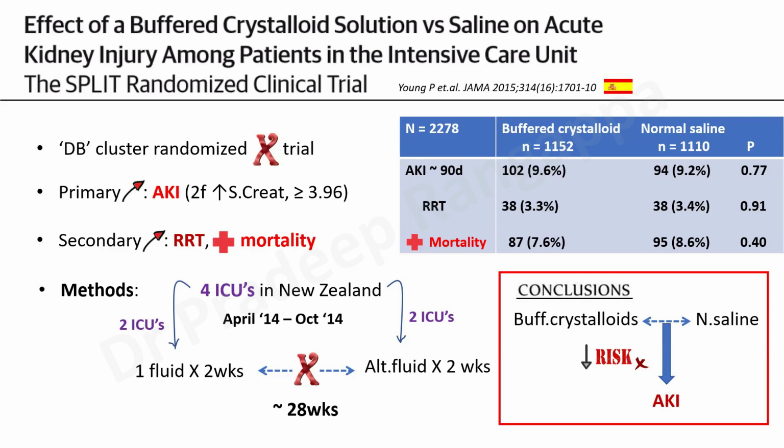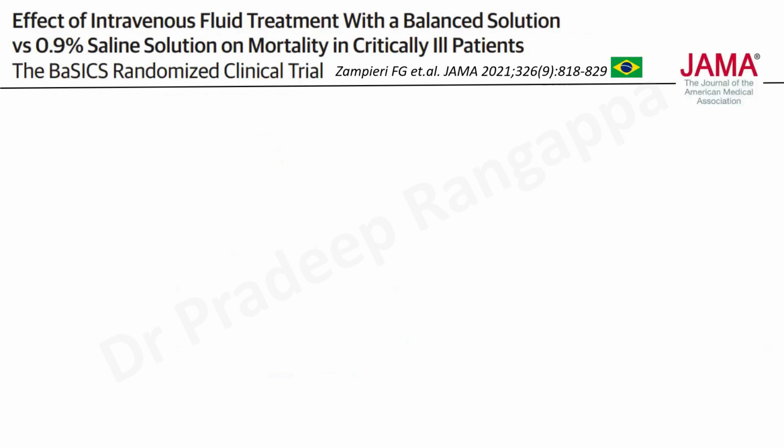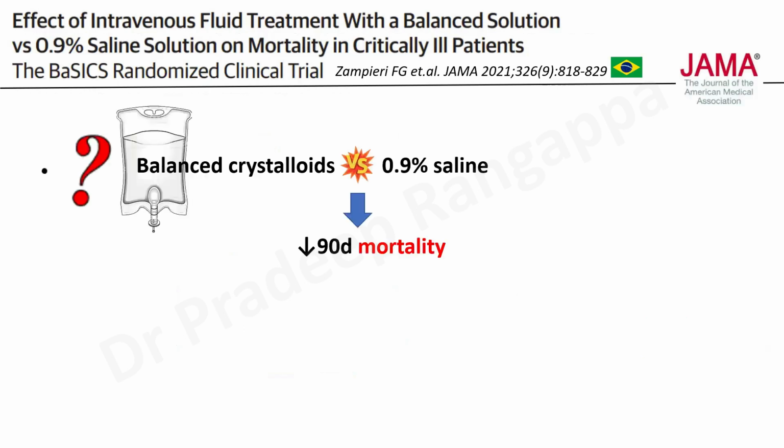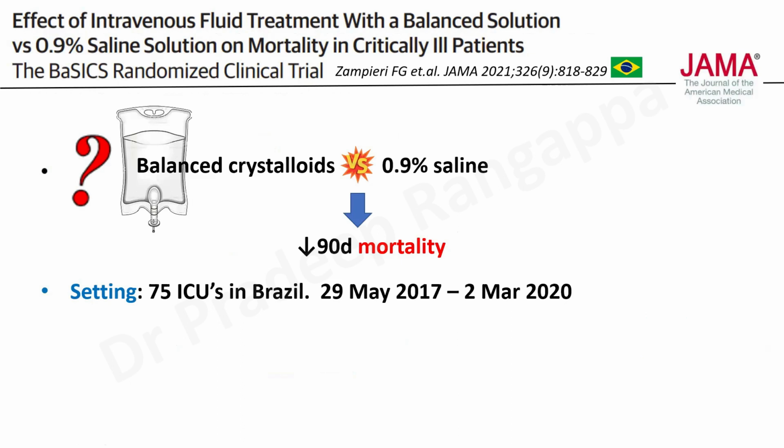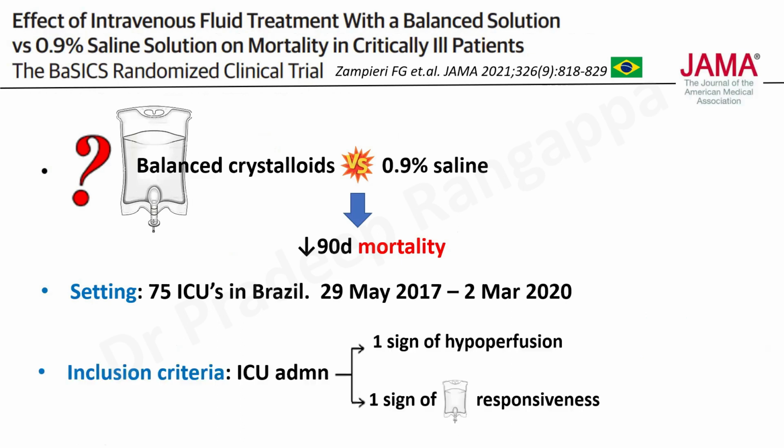After this, there were 2 more trials. I'll just talk about this trial, the BaSICS randomized controlled trial, which came as late as 2021, again to compare whether balanced solution was superior to saline in reducing 90-day mortality. This was a very big trial done in 75 ICUs in Brazil. The inclusion criteria were patients in ICU who were hypotensive, who needed fluids, and who had a risk